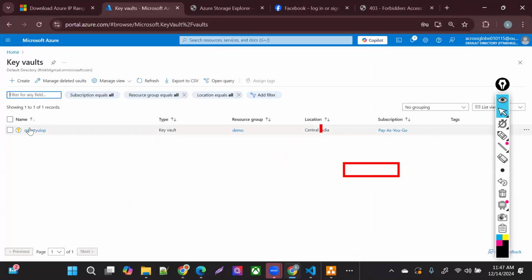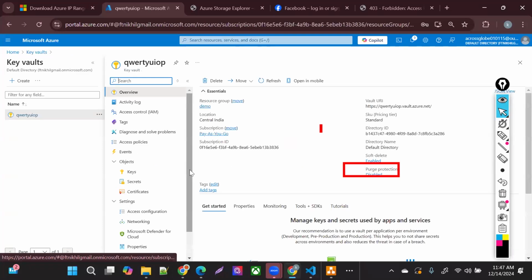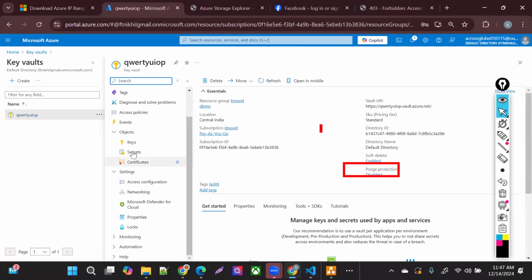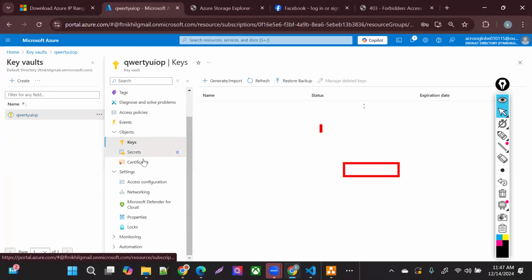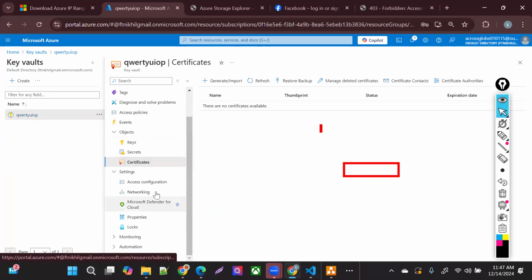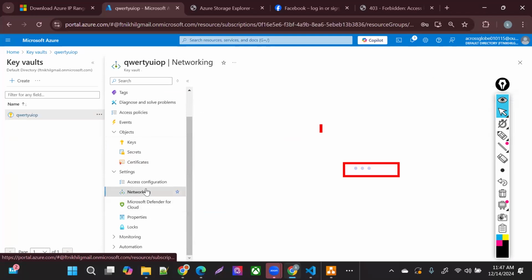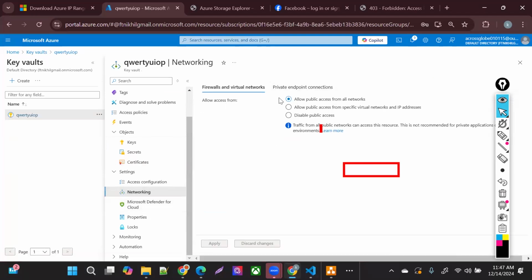Now the key vault we created, the service endpoint works the same way. Here you can keep keys, secrets, and certificates. All those things we are going to discuss later. Defender for Cloud and networking we already discussed here. If I allow public access, I'm going to get access on the public level.